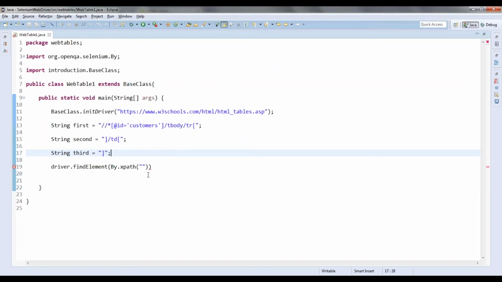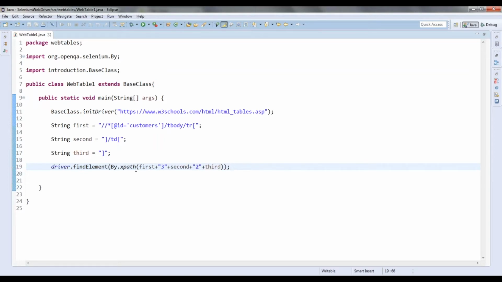Okay. Now, by XPath, I have to pass that XPath. So how will I pass the XPath? First, I am passing the first plus I am passing the value here. So how will I pass the value? I will pass the value third row and then you concatenate that with second plus second column and then you concatenate that with third.